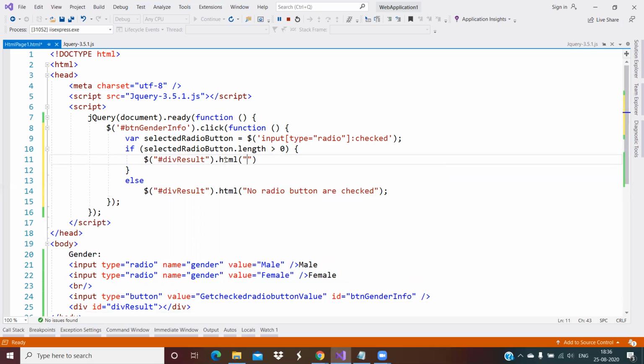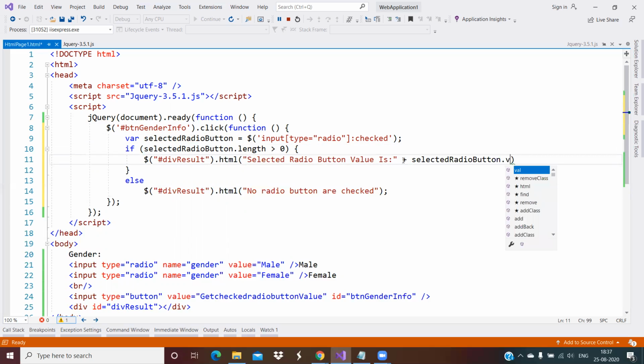Then to display, the message is: selected radio button value is, plus the selected radio button dot value.